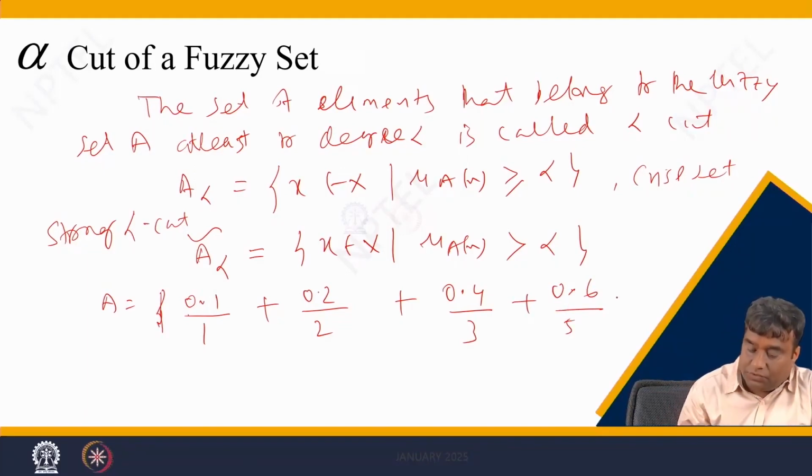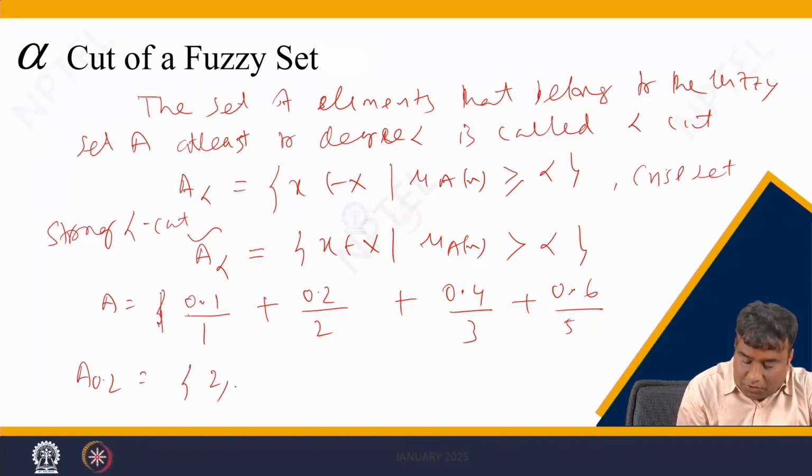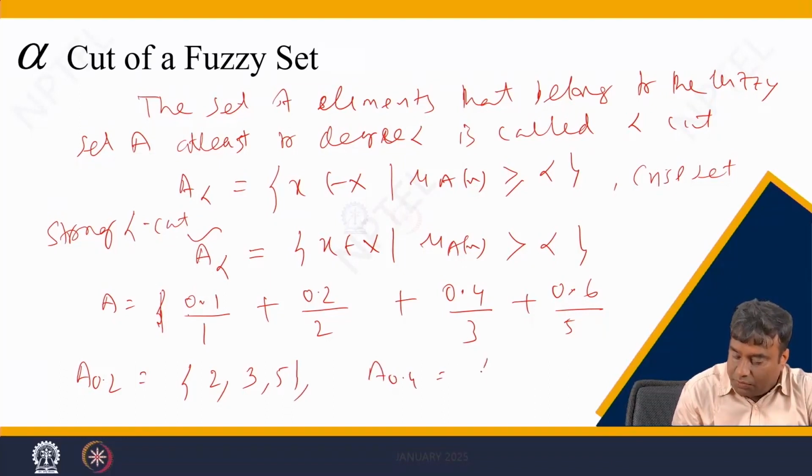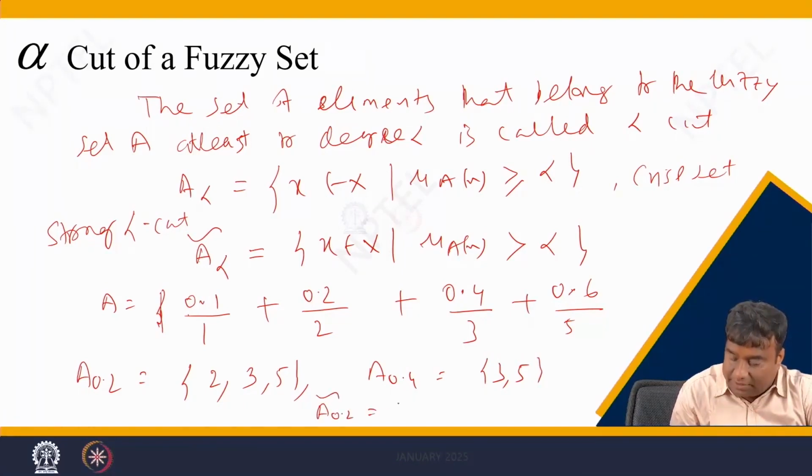Suppose the value of alpha is 0.2. So you'll get the elements greater than or equal to that, so 2, 3, 5, A 0.4, 3, 5. And if you write the strong alpha cut A 0.2, greater than that, you'll get only 3, 5